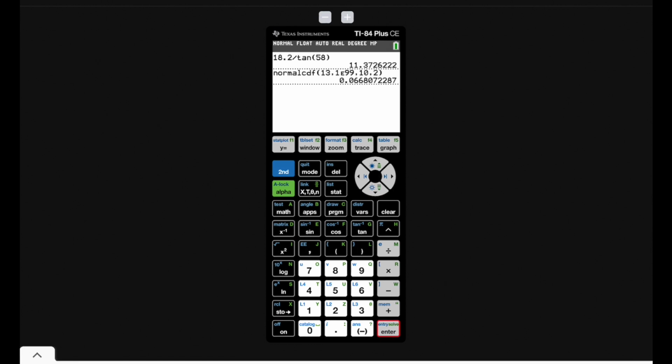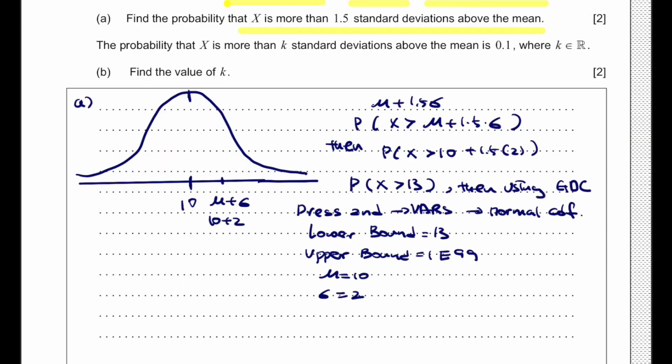Then I get 0.066807. So my value where x is more than 1.5 standard deviations above the mean, so the value of the probability is